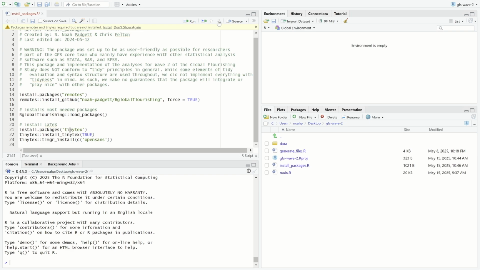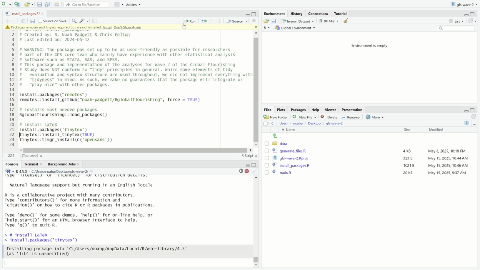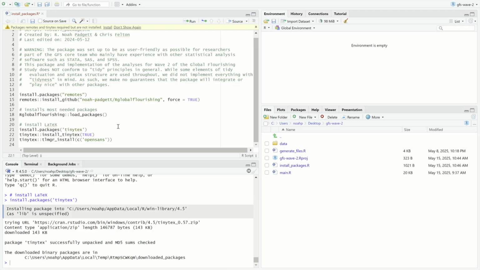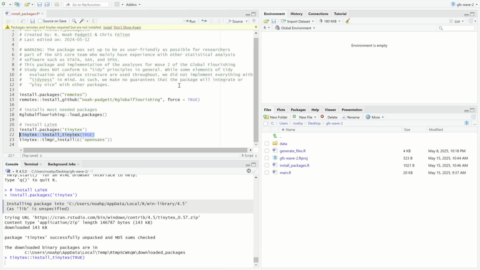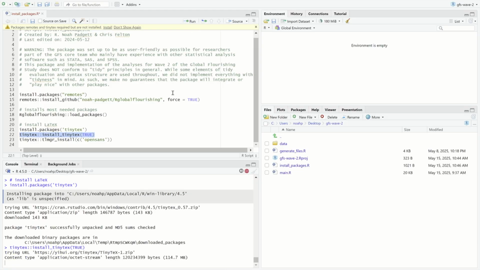Yep, it's successfully unpacked. Now we need to actually install. The funny thing is with this package, the package is used to install the package. It's its whole thing. So we just need to press run on there, and it grabs what it needs and tries to